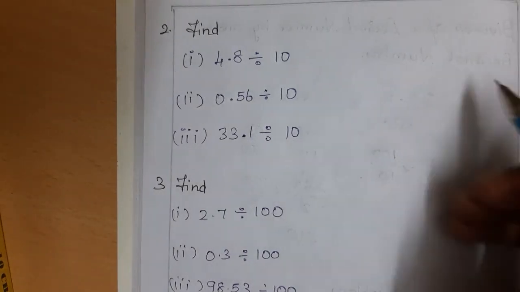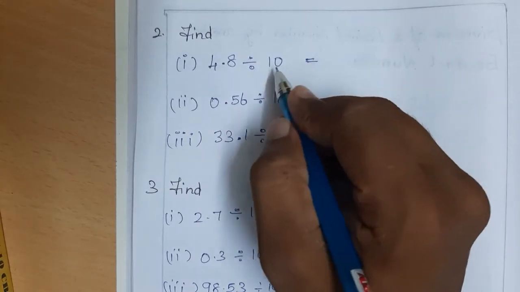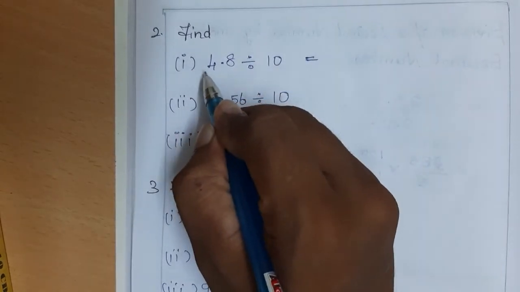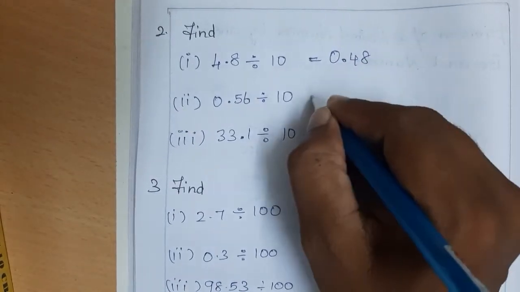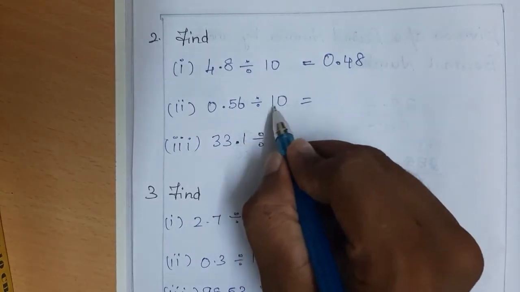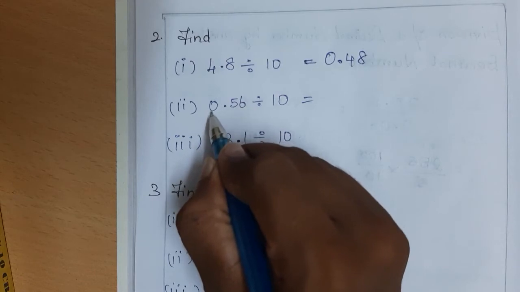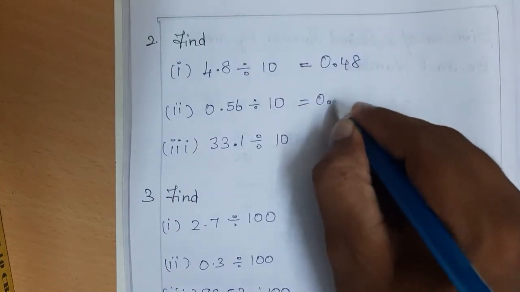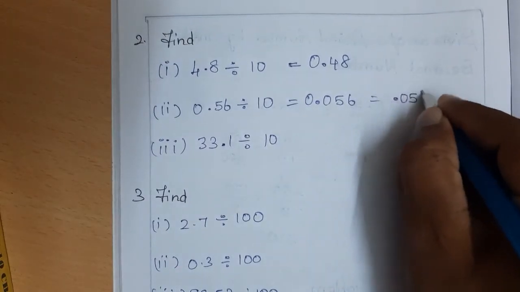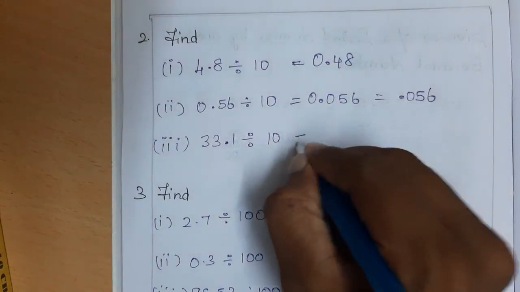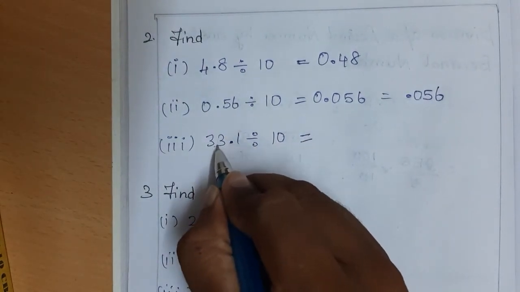So here we go for the next problem. 4.8 divided by 10. If 10 is involved, it's enough to move the decimal to the left. 10, move towards the left. So 0.48, right? And 0.56 divided by 10, move towards the left. So it will take the decimal here, 0.056. Both mean the same. Here it is 1 digit, 10, so 1 digit moved to the left. Here this digit,